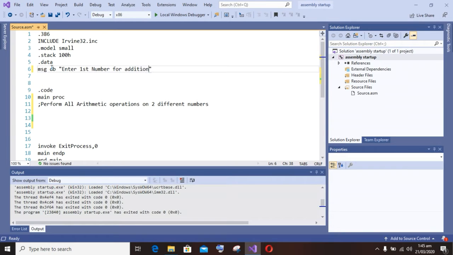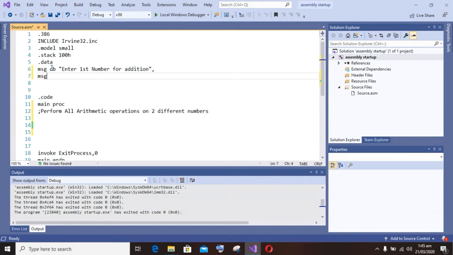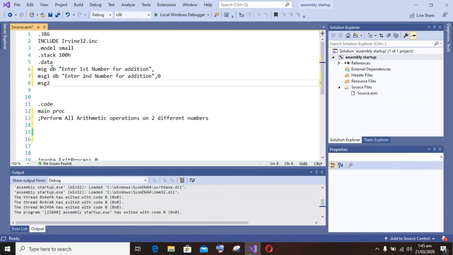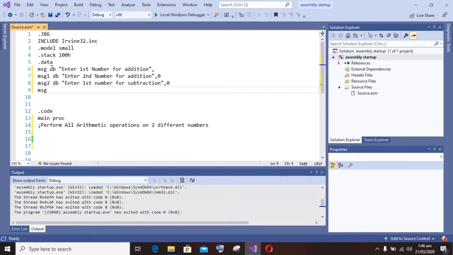And now the second message, and after that the third message for subtraction, the fourth message is also for subtraction, the fifth message is for multiplication, that is enter first number for multiplication, and the sixth message will be enter